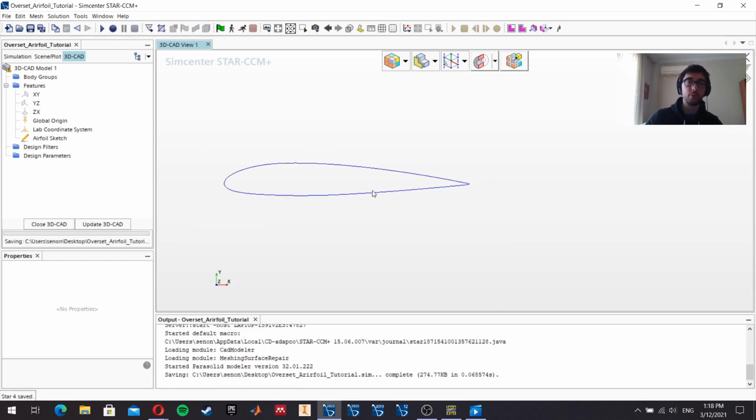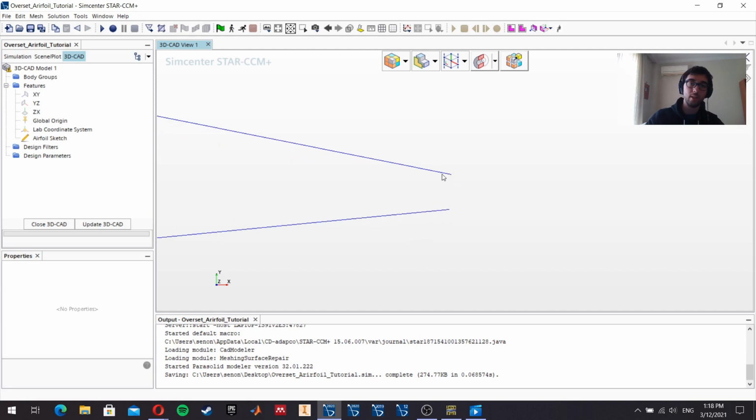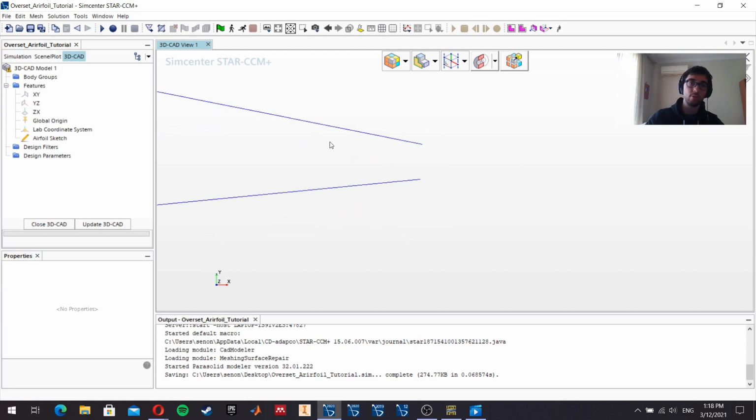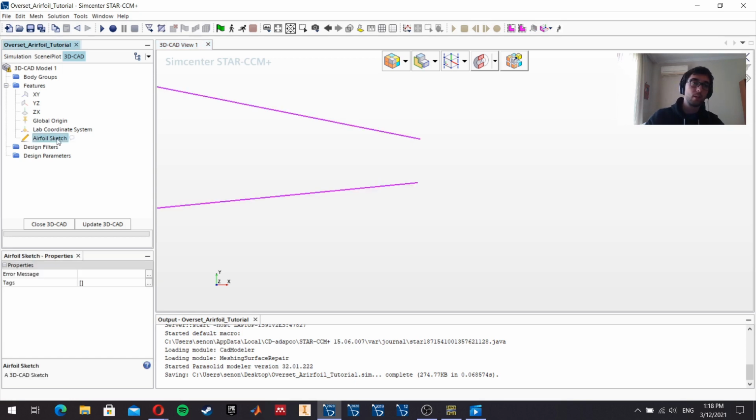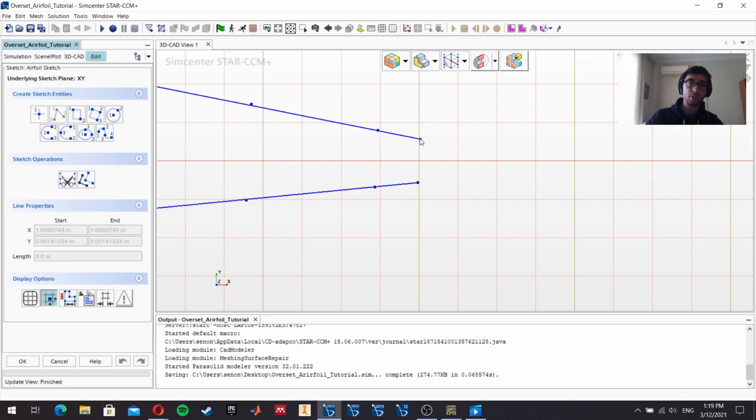Now, before we extrude this, there's a problem with the sketch, which is that if you zoom in at the trailing edge of the airfoil, you would see that the sketch is not closed. So this prevents us from extruding the sketch. In order to fix that, we have to right click and say edit to the sketch, and in the sketch, choose the line option,